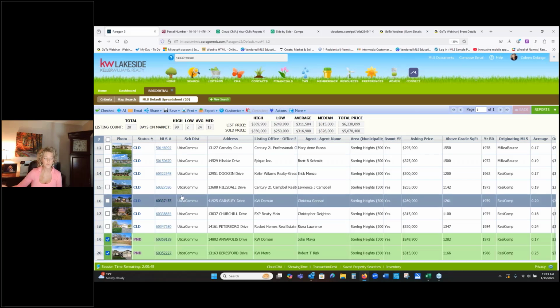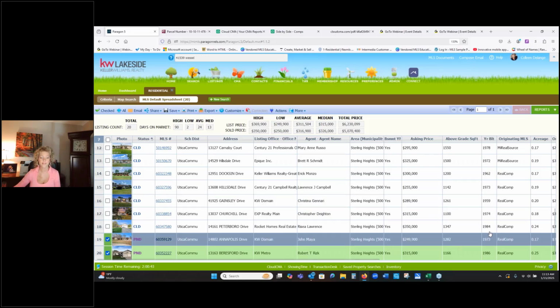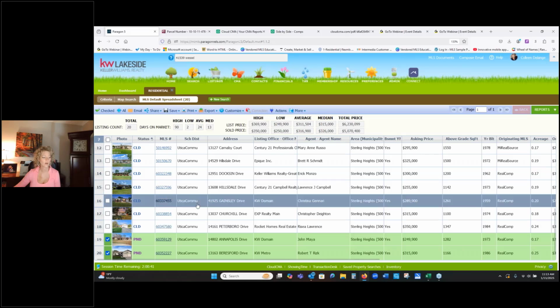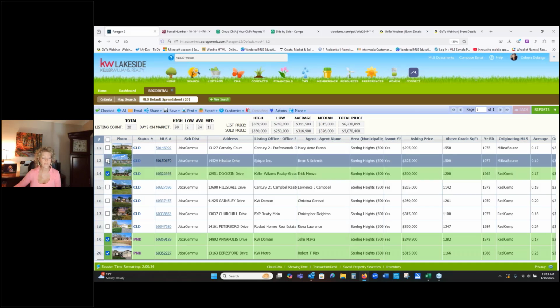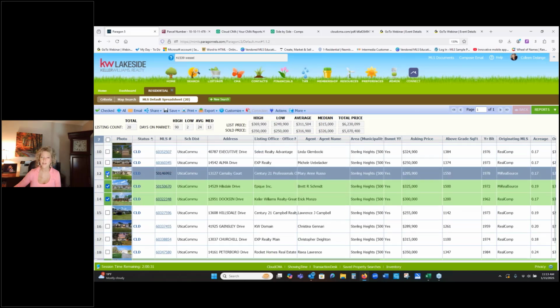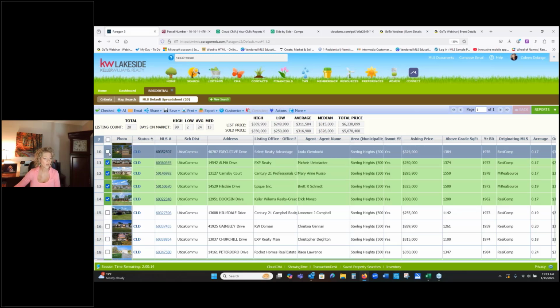Now, in real life, I would have put in a little bit more criteria. Probably year built would have been one of them because I could see we've got a couple from 1984 versus the 1962, which I think is when this home was built. So I would have also included in this case, because I had more comps, things like attached garage. So remember how I said in features, you generally don't use those because you don't want to eliminate good comps. But if I have an overage of comps, that might be how I drill them down to be more like my subject property. For the sake of time, I'm just going to grab a couple closed that I think would